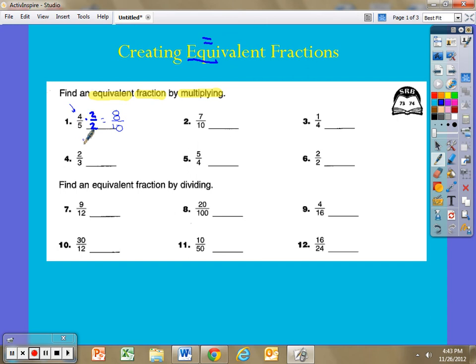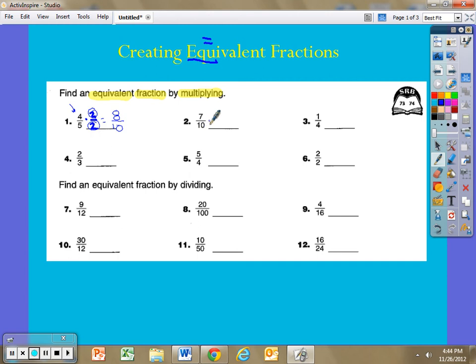So if you have 4 out of 5 right on a test, you have an 80%. If you have 8 out of 10 on an assessment, you have 80%. These two fractions are equivalent to each other. Remember, I multiply the numerator by 2, and whatever I multiply the numerator by, I'm going to do the same for the denominator. If I take a look at the next one, 7/10,